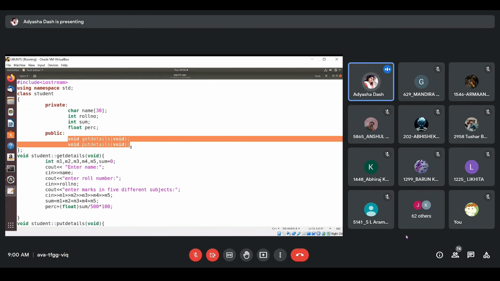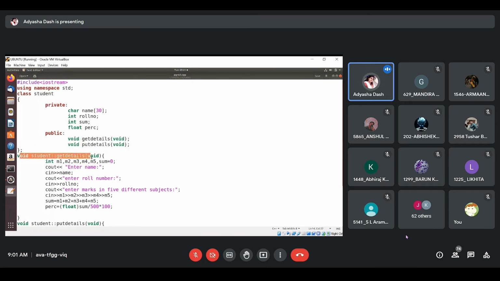As I already clearly stated, private members can only be accessed from within the class; however, we cannot access them from outside the class. So here I have taken two member functions, get details and put details. Okay, so if I want to access it from outside the class, I have to make use of